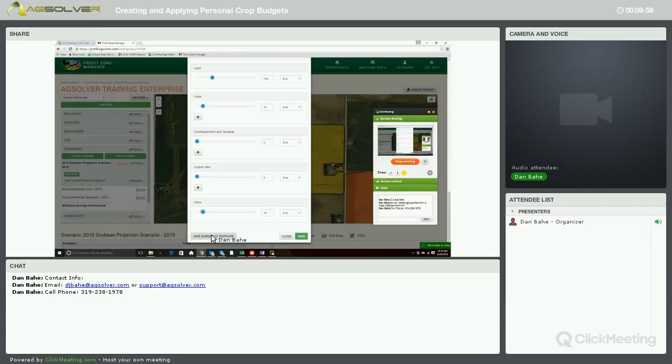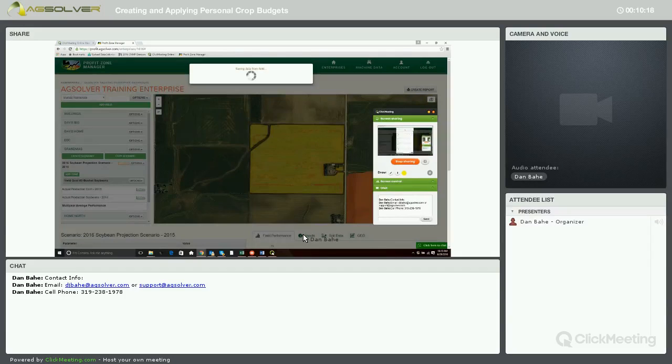And here we can save the crop budget template. So at the beginning of this webinar, we went to the account page and created the crop budget template there. We can also do the same thing here by readjusting, but for right now, we're going to click Save. So we can apply our new crop budget to the projected scenario for soybean production